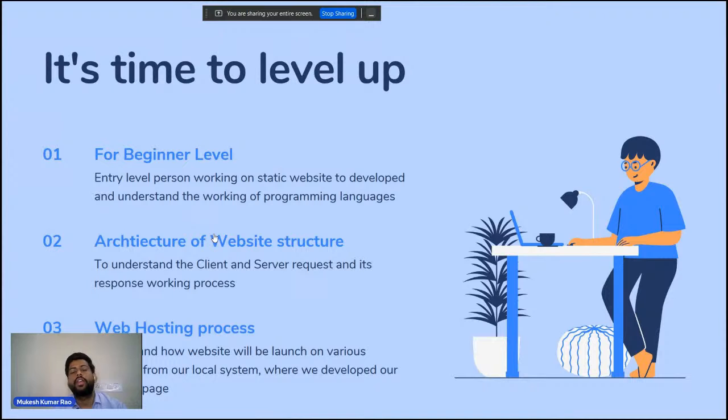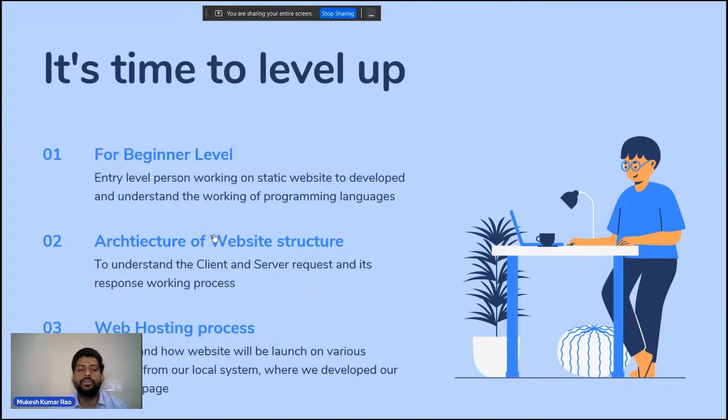So now how you can start, this is for the beginner level, because nowadays all the websites which we see will be dynamic platforms already, because there we are using some data and some of the information is stored in the database. So nowadays, not that many static websites are seen on a web portal. Everything is customized, or maybe in hybrid or native mode, that can run on web plus mobile